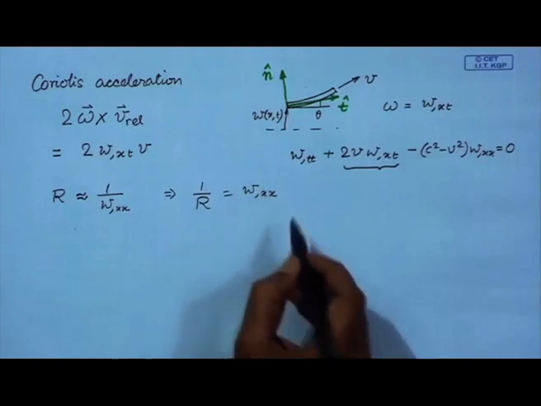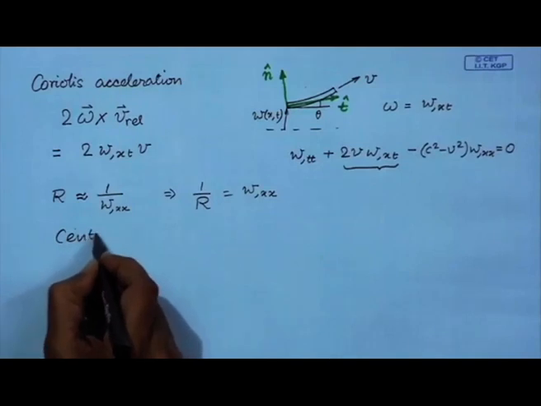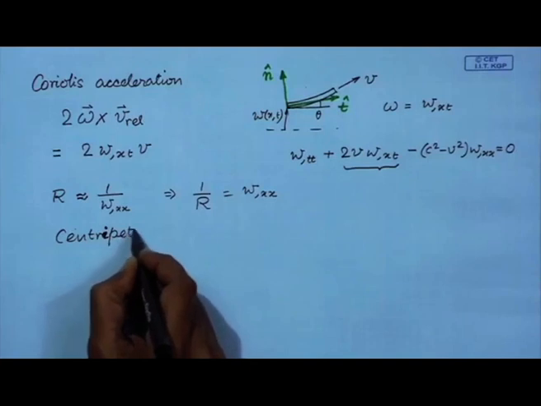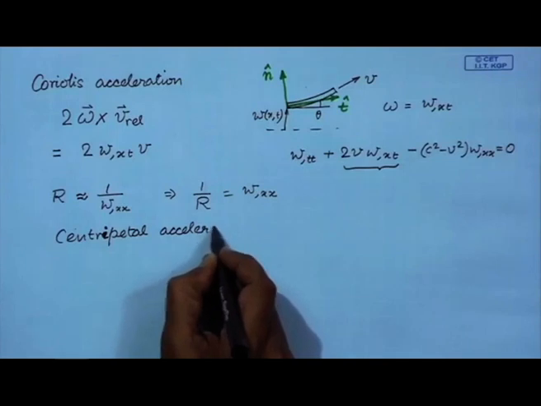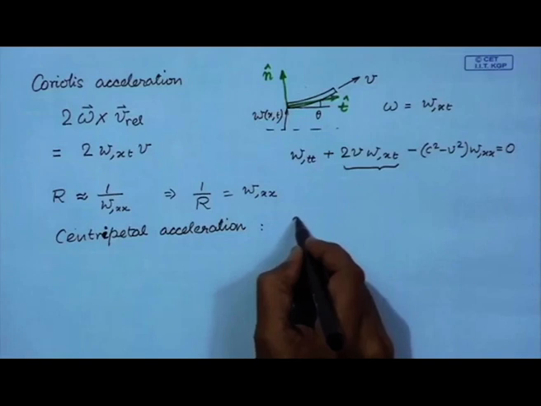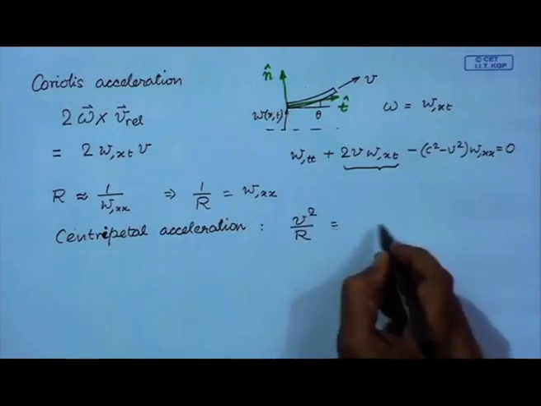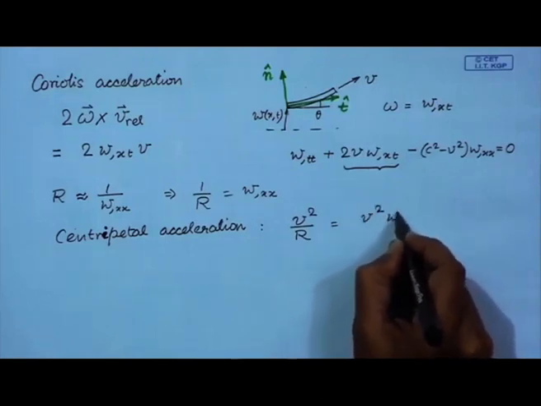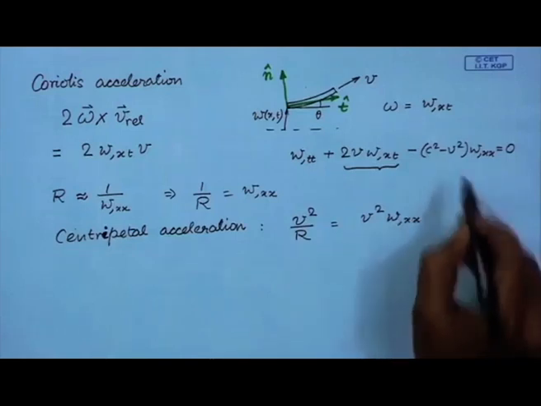This is well known, and the centripetal acceleration is given by v square over r, and that turns out to be this. So, these two terms we find in our